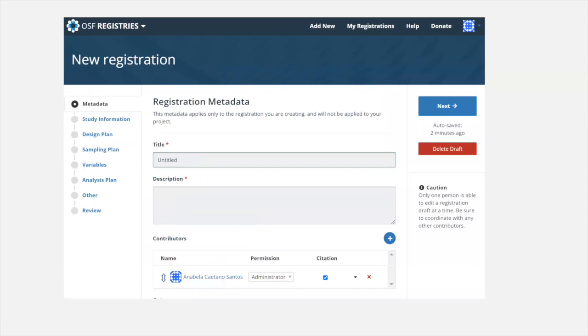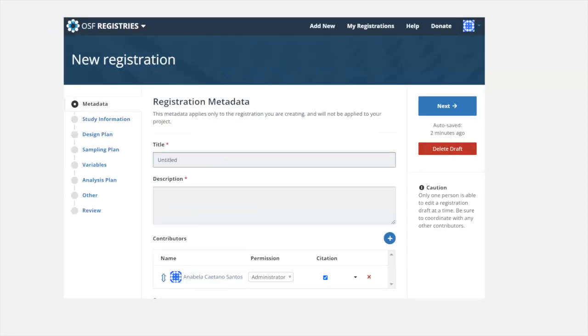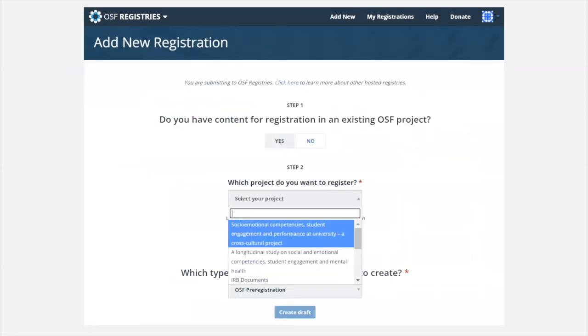So here, as you see, there is the possibility of saying, okay, no, I don't have a project yet in OSF. So you start with uploading and giving information regarding your data in your project. But then if you say, okay, yes, I already have a project defined, because as maybe you know, you can also use OSF to have all of your information there, in public but also in private.